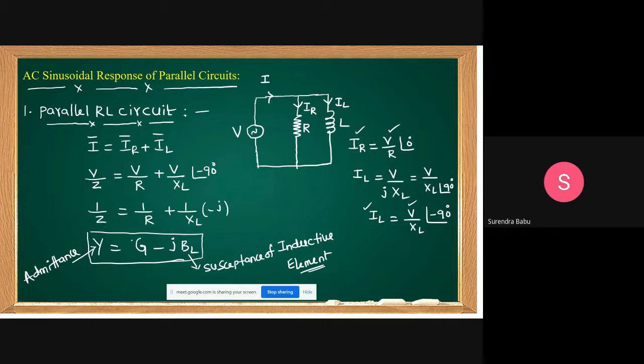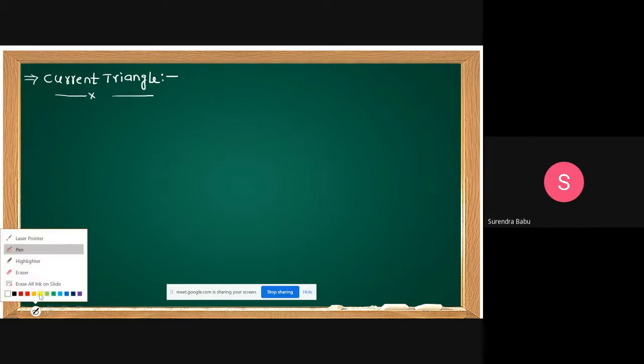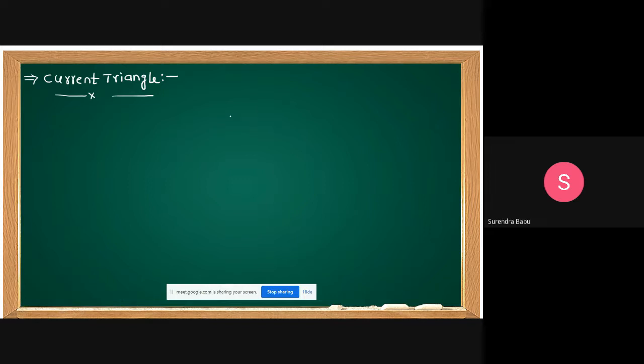Yes, friends. Now I want to draw the vector diagram for different cases. I am drawing the current triangle. For series circuits, which triangle did I draw? The voltage triangle. But here I am drawing the current triangle, which indirectly is drawing the vector representations only. The current triangle means the reference here is which one, students? Voltage or current?